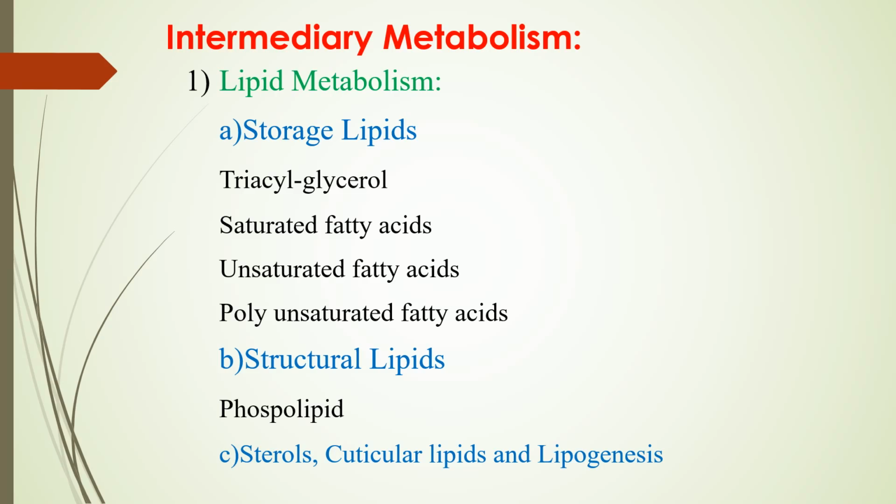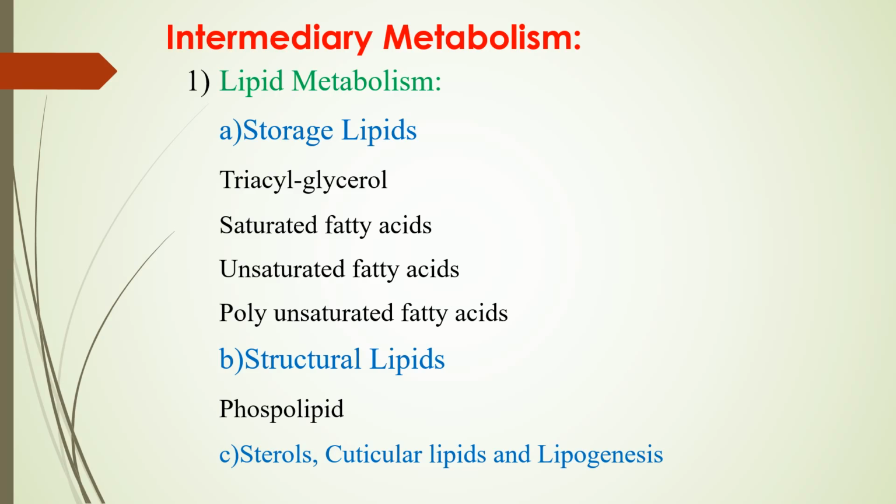In Hymenoptera, Lepidoptera, and Orthoptera, the first type of this phospholipid occurs, while in Diptera, the second type of filaments. Then sterols. Insect tissues are incapable of synthesizing sterols and need a dietary requirement for sterols. They are an important structural component of biological membranes. Then cuticular lipids. They form a thin lipid layer on the outer integumentary surface, a part of the cuticle.